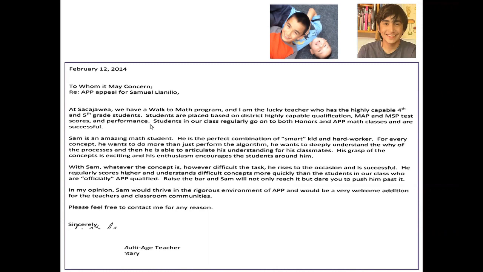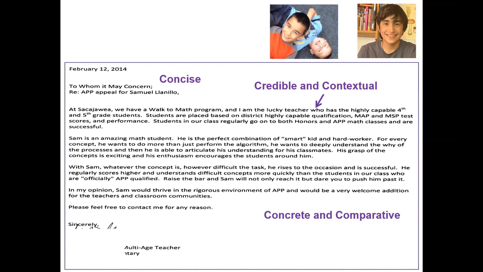Okay. So I have 5 C's that I will give you in a moment, and I think that this fits the 5 C's for an excellent letter of recommendation. It's concise. It's easier to be concise for an 11-year-old than for a medical student. It is credible. You know who the teacher is, and it's contextual. You know what the math class is that Sam was in. It's concrete, objective. Here's what he can do, and here's how he compares to other folks.